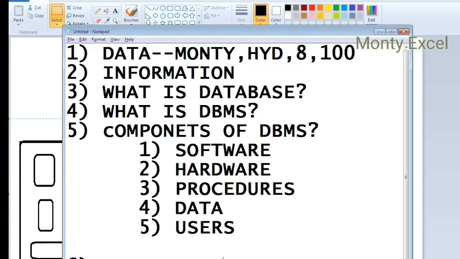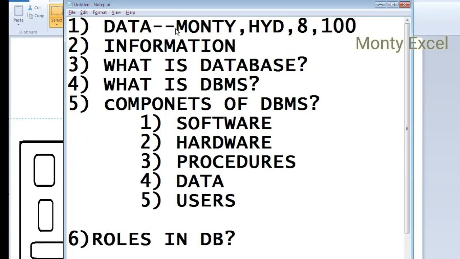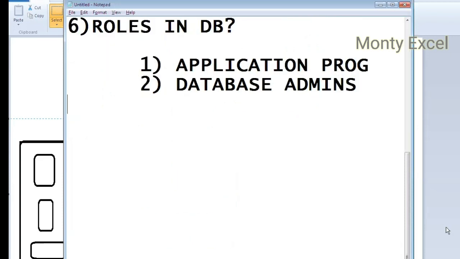Roles in DB. All right, that's a simple one. Roles in DB. The first foremost kind of a role which you can always see is your application programmers, and you will find the second one would be your database administrator. Okay, very important. Database admins. And the third one would be